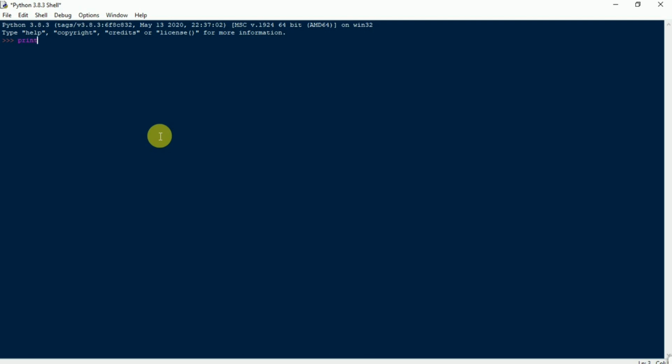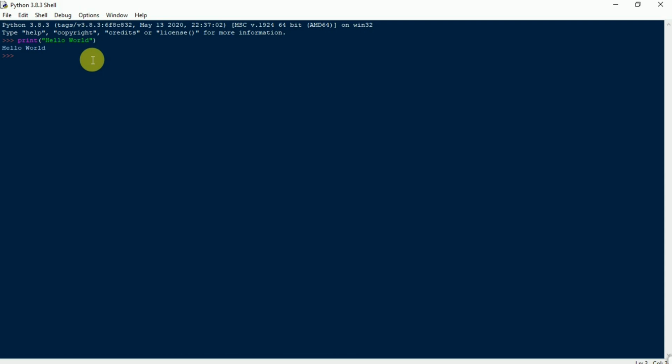print, and just write here hello world. That's it, and click enter. Here just write print hello world and your output will be there. In Python, you do not need to write header files, opening curly brace, or closing curly brace. But now we are going to see how to create a file in Python.